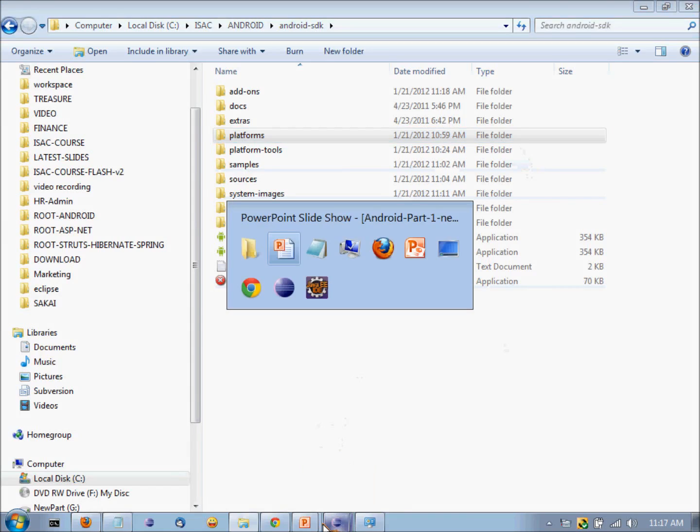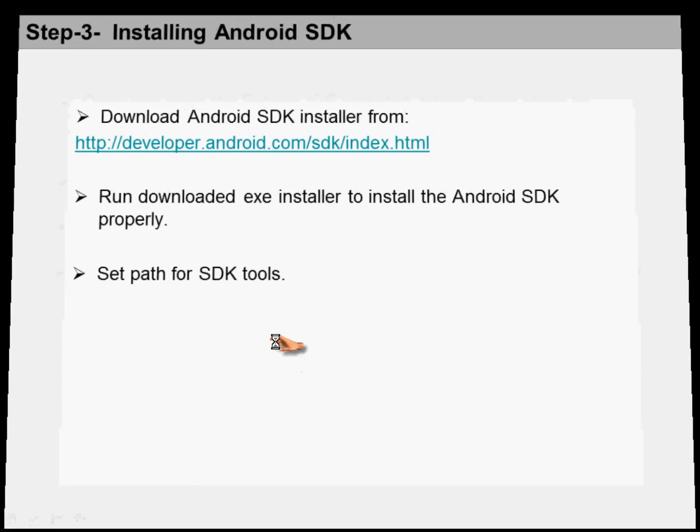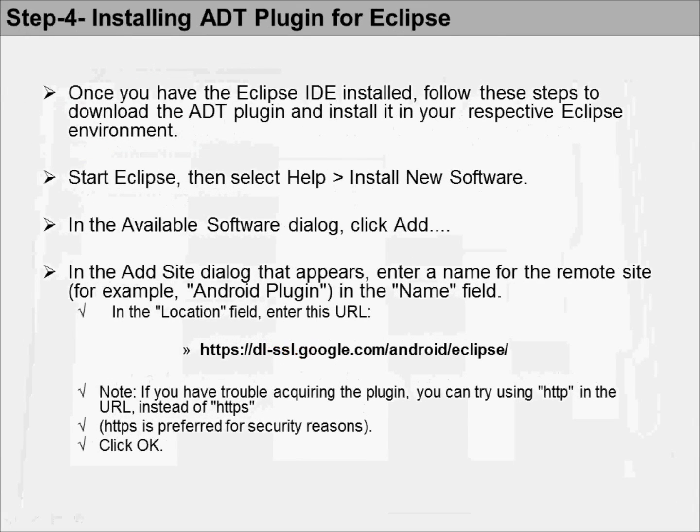Now once your SDK is installed, the next step is installing the ADT plugin for your Eclipse. Now how do you install the ADT plugin for Eclipse? Not very complicated. ADT plugin is basically an Android development tool which is inside the Eclipse, which makes your life much easier. So once you have the Eclipse IDE installed, what you have to do is that first go to